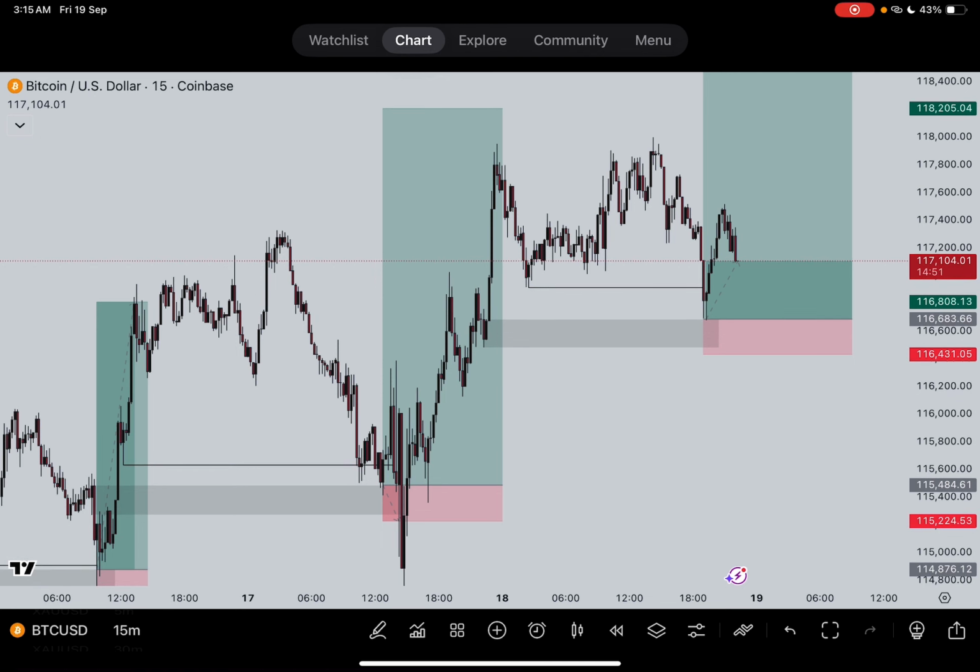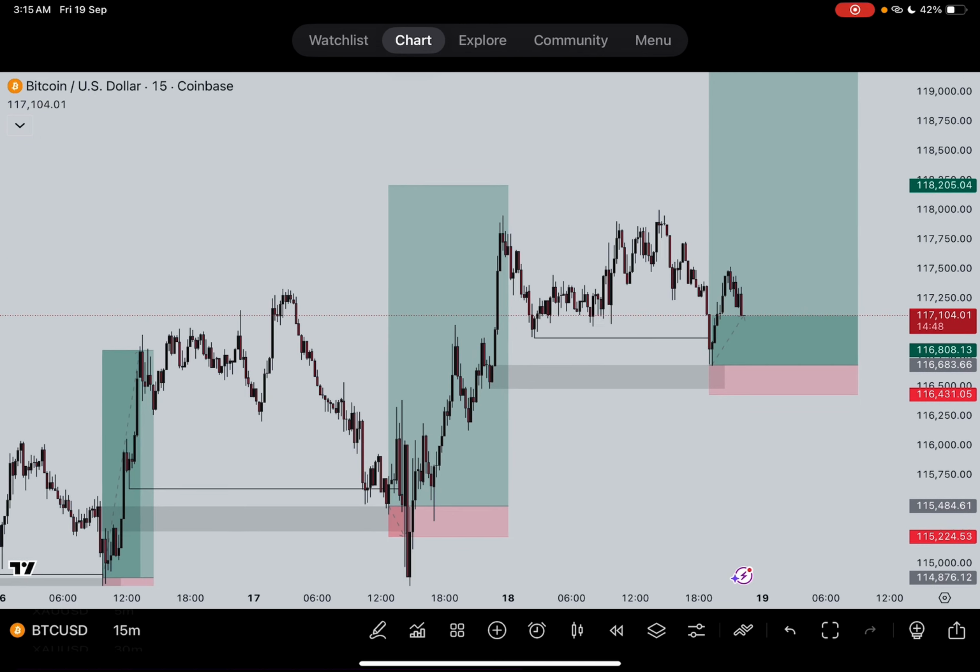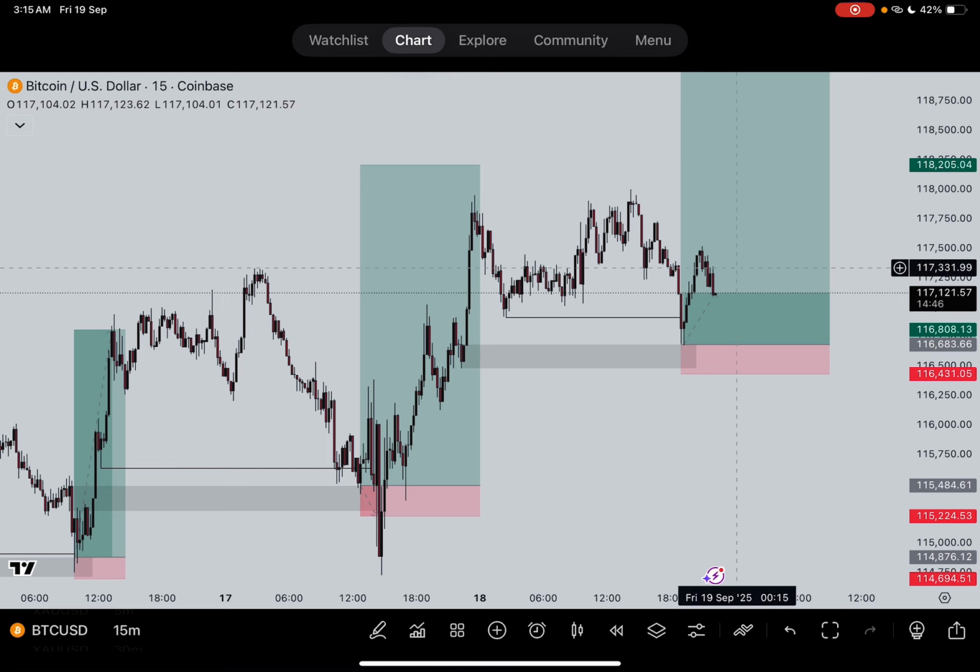Are you getting it? Then this third trade, although most people will see this now, want to run out of this trade because price is dropping, so you feel it's going to hit your stop loss. No, just allow price to do its thing, right? Now the third trade was gotten from an order block